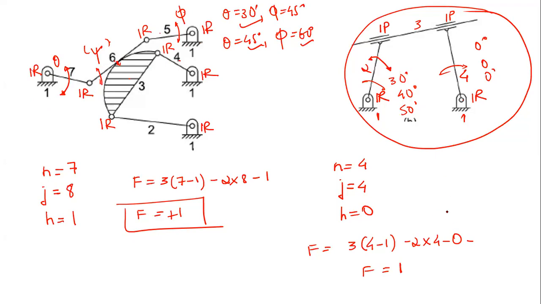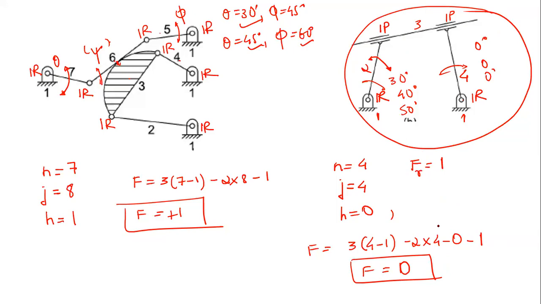So we already know the degree of freedom of this mechanism is 0. So here, just to take this factor into account, we already know that this is one redundant degree of freedom, right? So if this is a redundant degree of freedom, then FR is equal to 1. And finally, if FR is equal to 1, this would be minus 1, right? And finally, the degree of freedom of this mechanism will be equal to 0. So is the physical interpretation clear to all of you? Any doubt in that case?